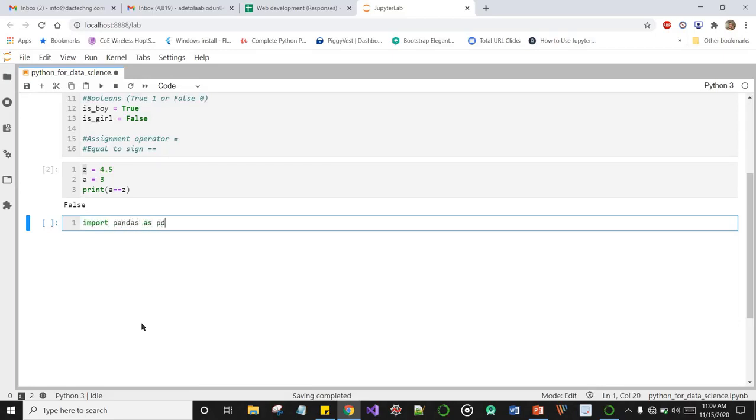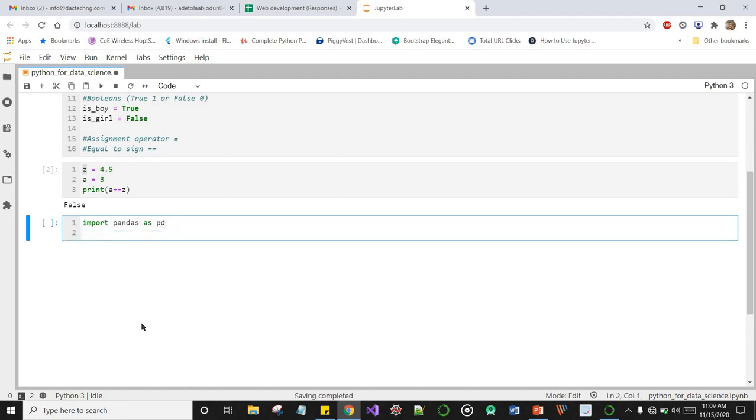By convention, we import pandas as pd, okay, and we might just want to check the version of pandas we are using. It is very important.